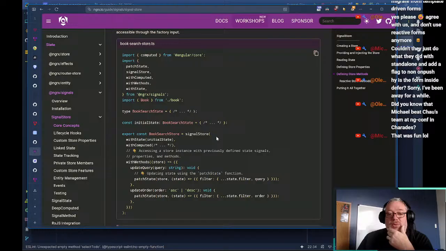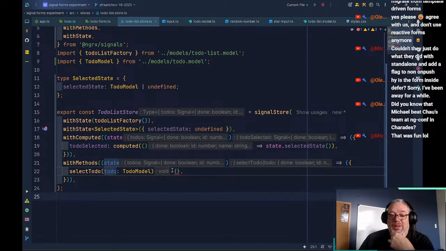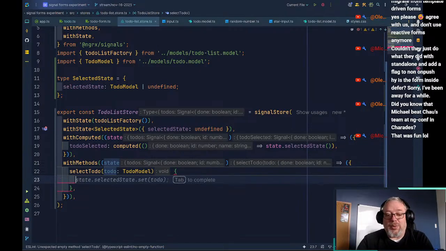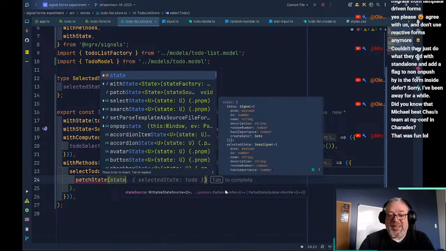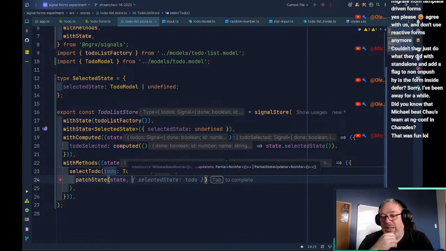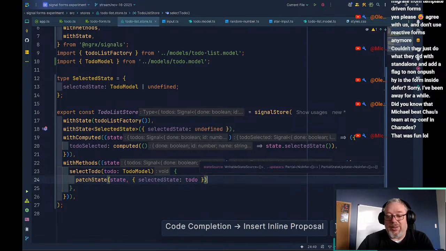Let's go back. Defining store methods. So update query, patch state. Patch state, that's what I'm looking for. And then with patch state, what you can do is create these methods that allow you to patch the state. We're going to use mutative to help with this. So select to-do, we're going to patch state. And we're going to bring in patch state. There we go. And we're going to do state. And actually, we don't even need to do that because